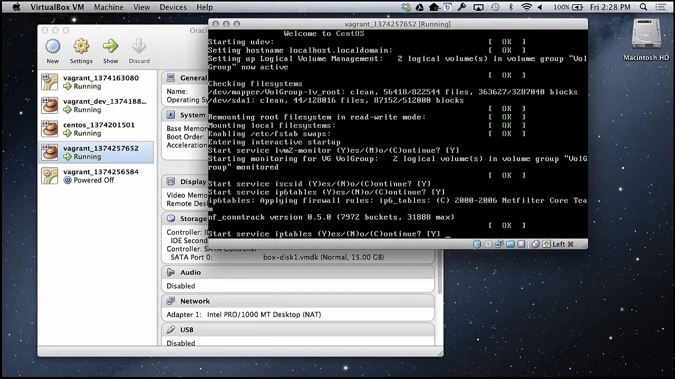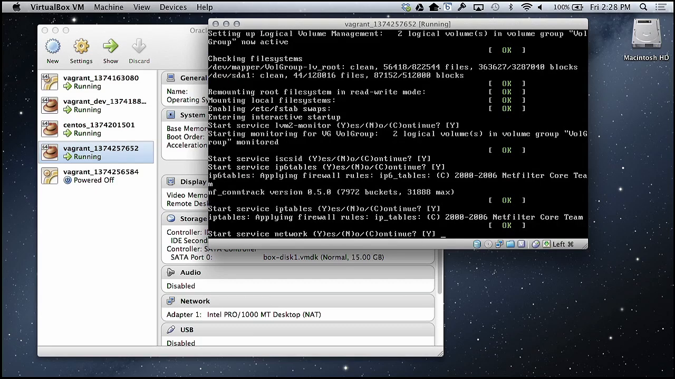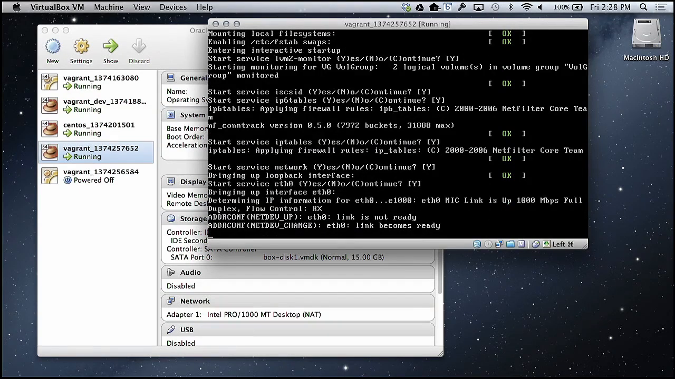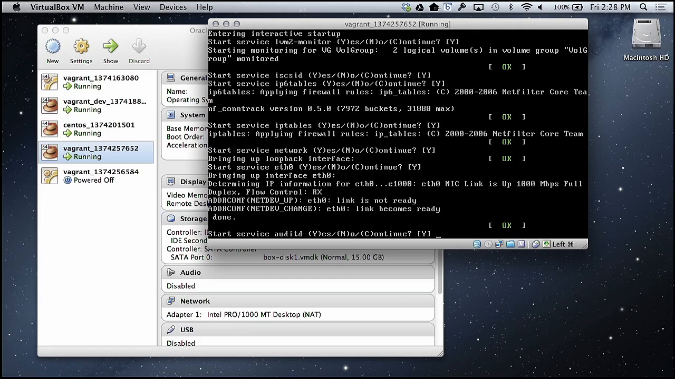IP tables is the Linux firewall process. We'll accept that as well. Here it's asking me start service ETH0. This is always the first network interface on a Linux system, and we'll learn more about network interfaces in a later lesson. So I'm accepting all of these options so that the system comes online,